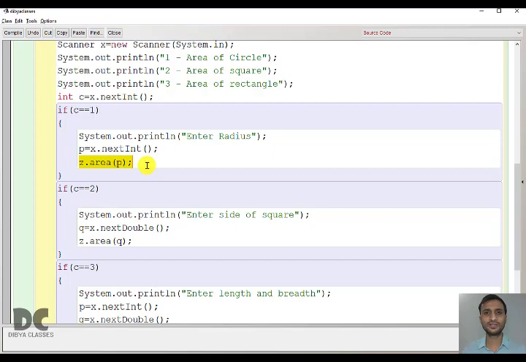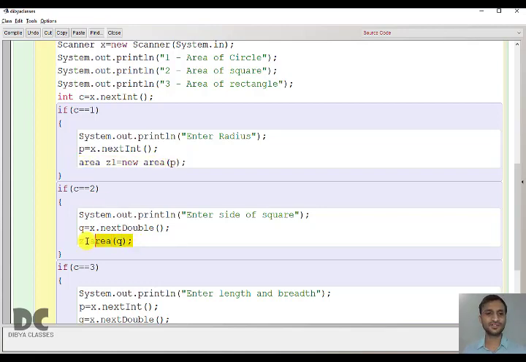And what is the syntax? It is class name, object name, equal to new class name, and we have to send the value to the constructor. So here it will automatically call the first constructor. All the 3 constructors have the same name, that is area. It is also a kind of function overloading. What is the difference between function and constructor? A constructor is nothing but a special function, because it doesn't have a return type or void, and it has the same name as the class name, or else it is the same.